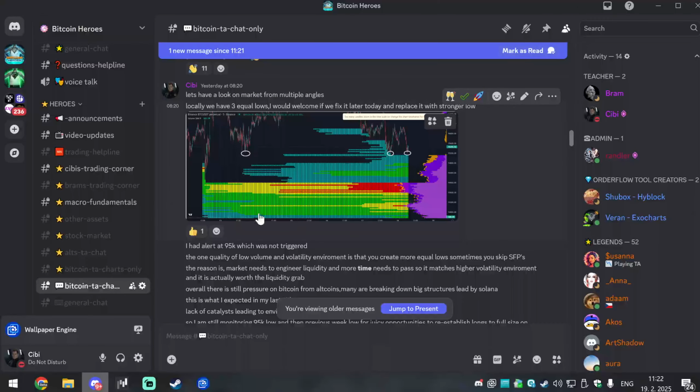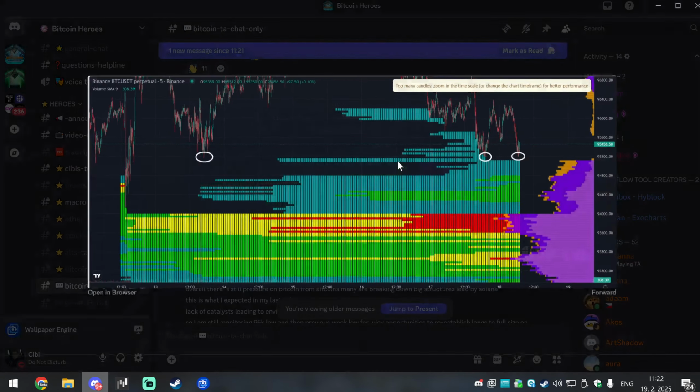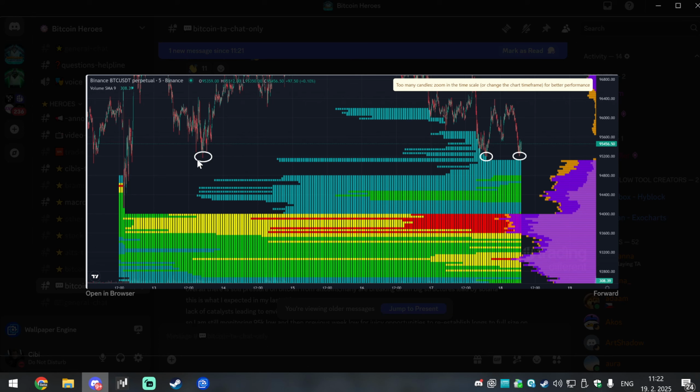I will be using a lot of my Discord posts, so we keep the structure intact, and you will see the logical order and how I was taking trades and why I was taking them. First of all, I'm waking up and seeing the market is having 3 equal lows. This is the low from a few days back. Another low, the low from here was not taken with this low, so I'm almost certain we will take out these lows.